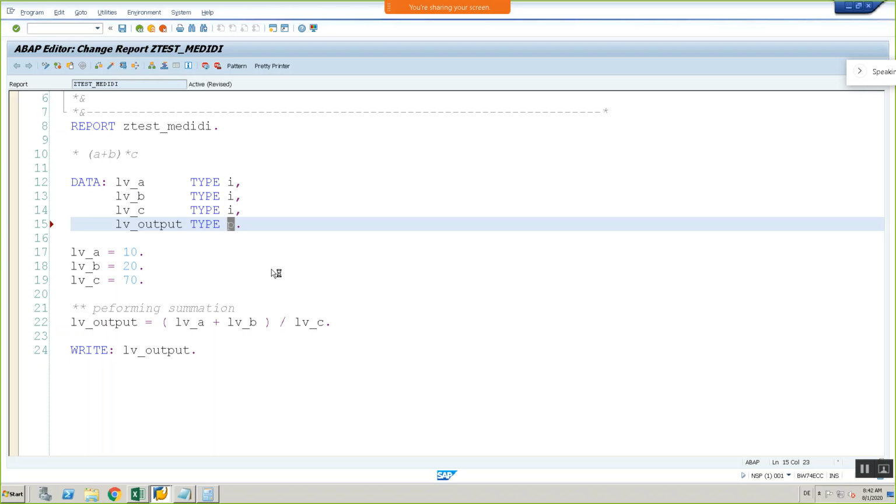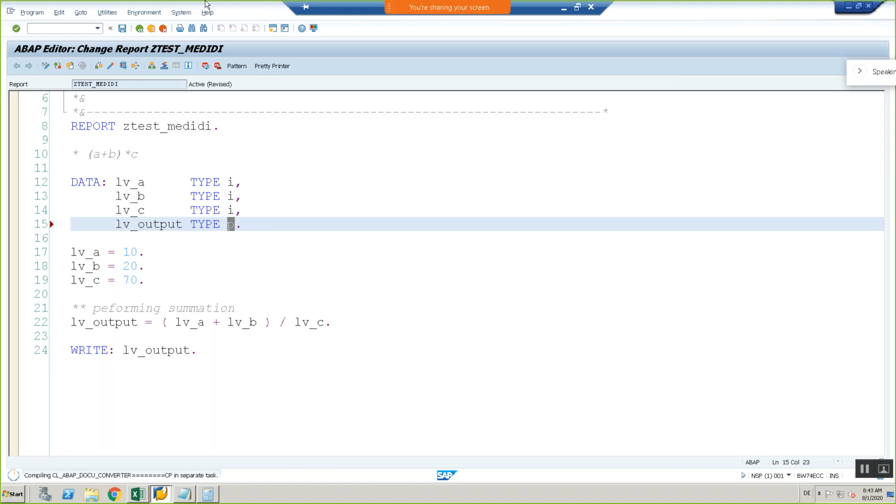If you are working in a BW environment, you never define variables with I, P, something like this. Because in BW, everything you save at info object level, right? Info object is the smallest granularity in our BW. So when you write a program, when you write a